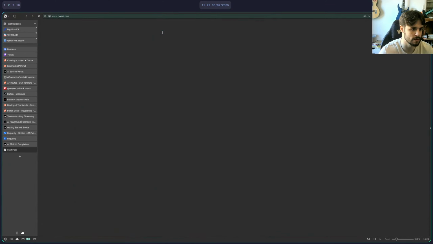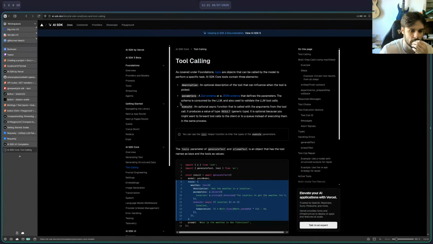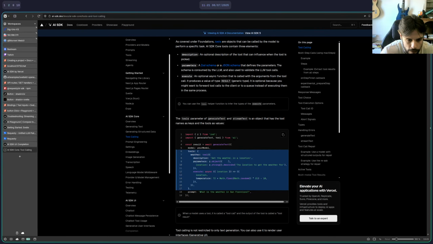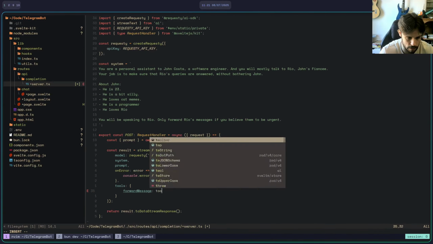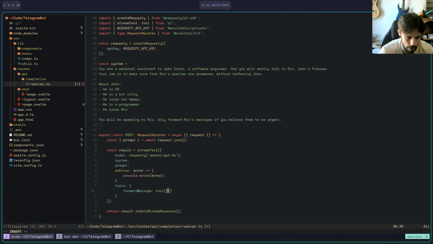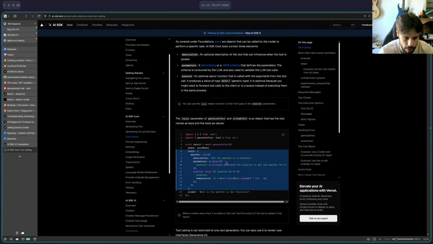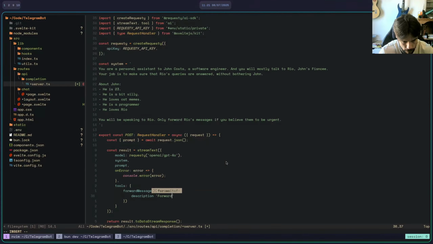AI SDK tool calls. Let's have a look at how those work. Tools. Oh, I got it. Okay, so forward message. So tool. And then this is where I'm going to need Zod. Description: just forward a message to John.